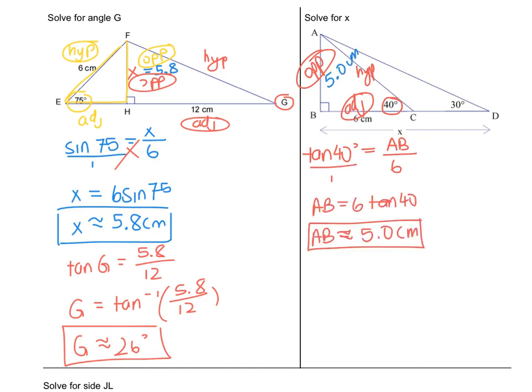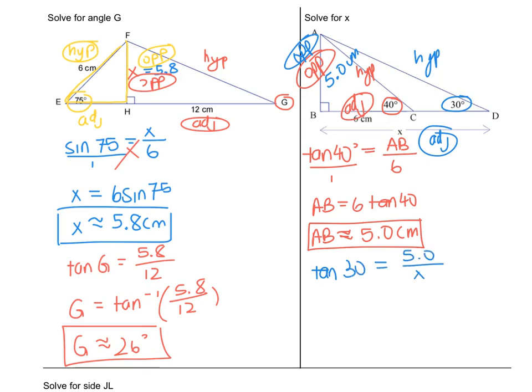All right, so hopefully for AB you got approximately 5 centimeters, which I have labeled in my triangle. And now looking at the giant right triangle where 30 is my reference angle, 5 centimeters is still the opposite. X is my adjacent, and this blank side, AD, is my hypotenuse. So I have my opposite as 5, and I'm looking for my adjacent, which means we're going to do tan once again. So tan 30 equals